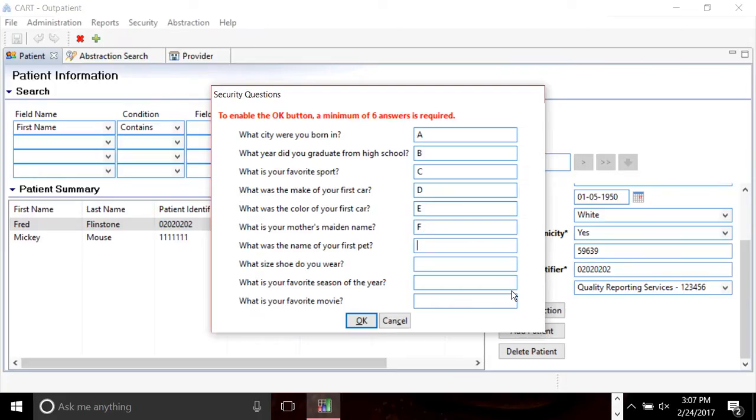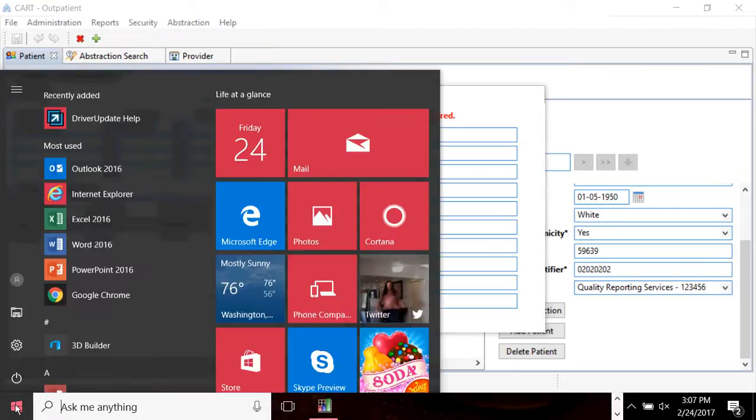But one trick I want to show you is the print screen option. The security questions are case sensitive. So let's say you answered them in all capitals, all lowercase, you put a space and you don't remember. And that's why when you go to answer your security questions when you forget your password, you're getting locked out. Here's a quick way to remember. If on your keyboard there is a print screen button, it is usually in the top row of keys on your keyboard. If you click print screen and then let's say bring up a Word document,